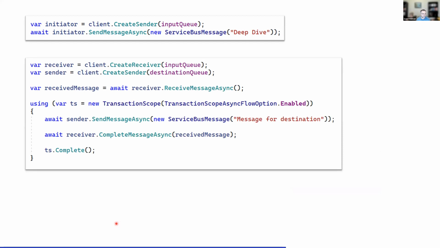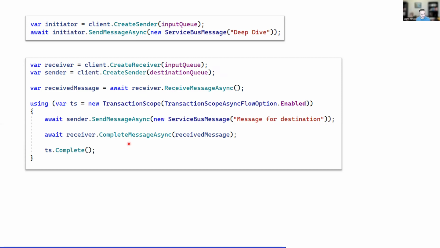When we create our service bus client, which is missing from my slide, in the options for the service bus client I have to enable cross-entity transactions, to indicate that I want that feature to be used by the client. We wrap it in a transaction scope. Our operations, this is the processor. We received our message. As a result of my operation, I'm going to send, in this case, only to one queue,